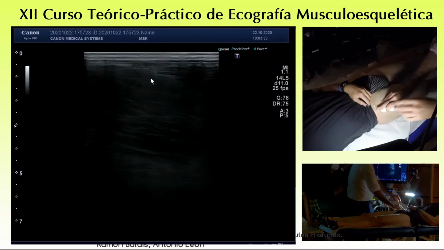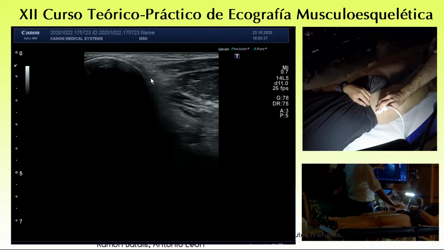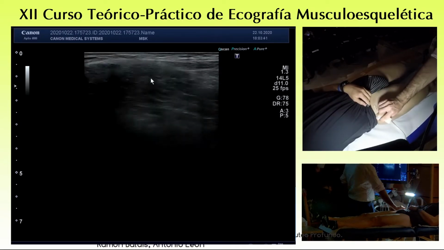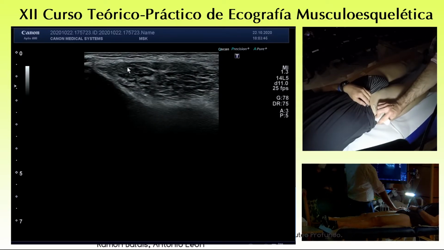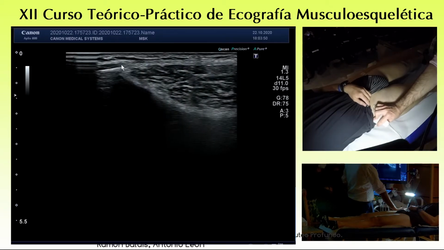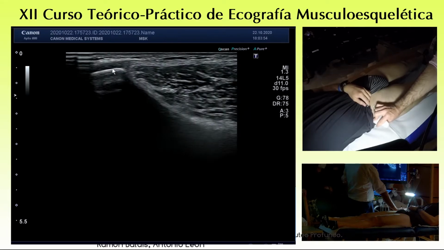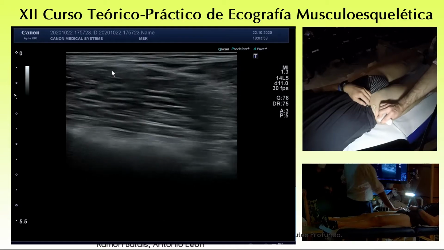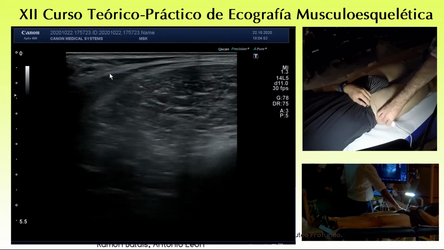So we saw before that both the origin of the tensor fasciae latae could be involved by tendinopathy. We have seen also that the fasciae latae that you see here, just adjusting a bit the images, this is the point where you have insertional pathology, and you can have an enthesophyte, you can have a tendinopathy. But remember that the fasciae latae could be involved not only by this kind of insertional pathology, but in case